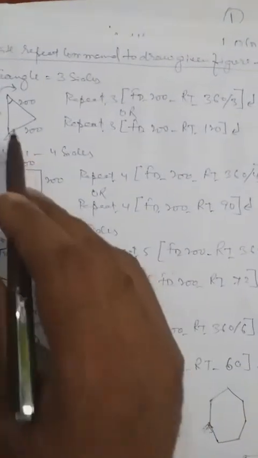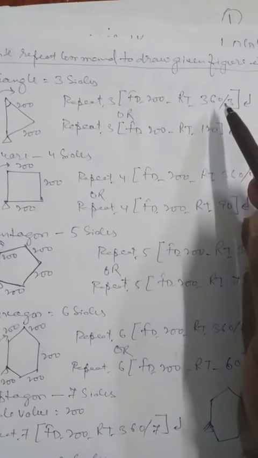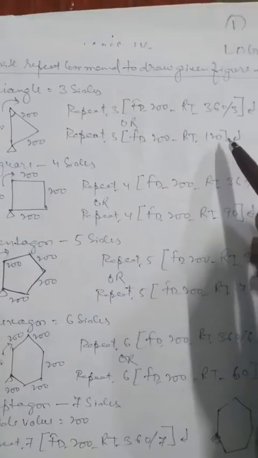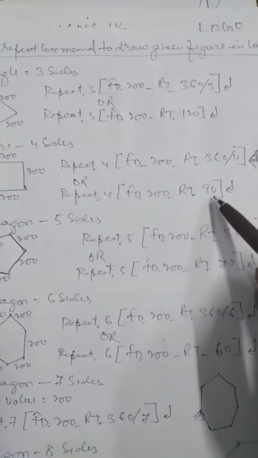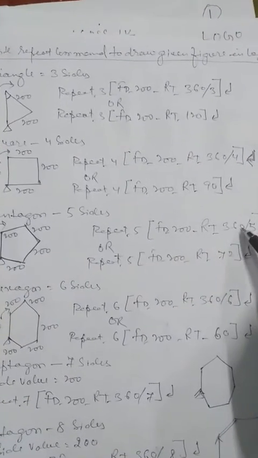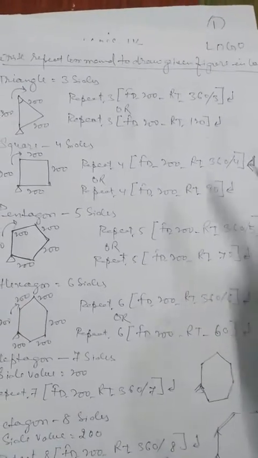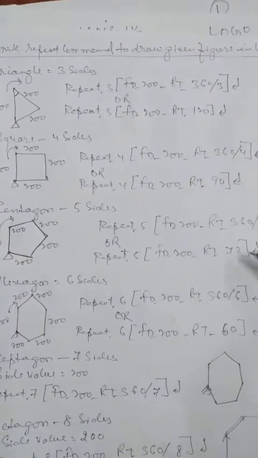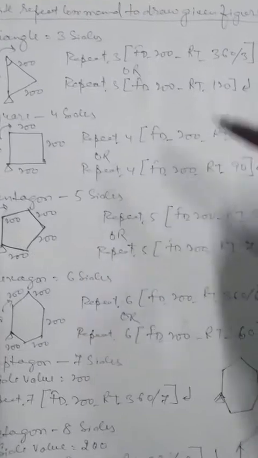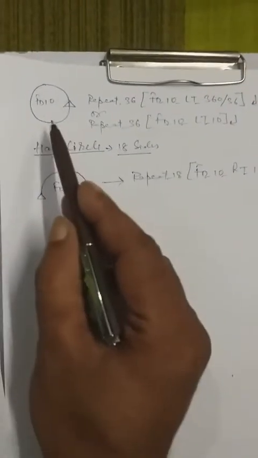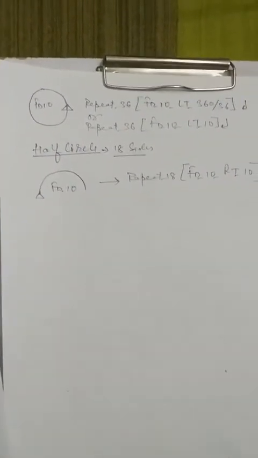Here is a confusion, my dear children. When you are drawing another figure, if you are drawing a triangle, then the turn is 360 by 3, the answer comes 120. In a square, 360 by 4, the answer comes 90. In a pentagon, 5 sides, 360 by 5, the answer comes 72. In a hexagon, 60. So in all figures you can see 120, 90, 72, 60. We are turning in different extents. But in a circle we always turn 10 only, either you are making a full circle, or a half circle, or a quarter circle.